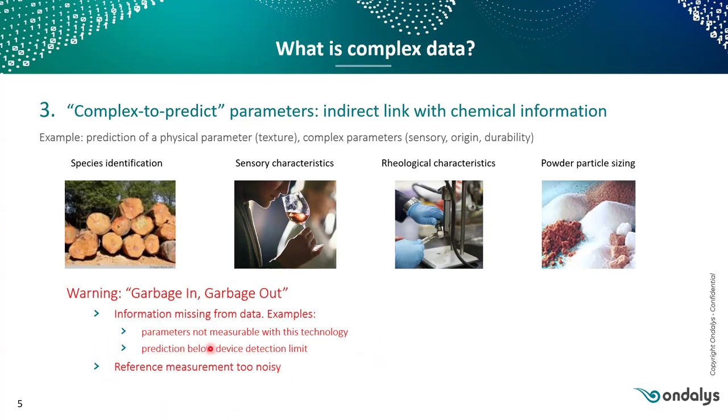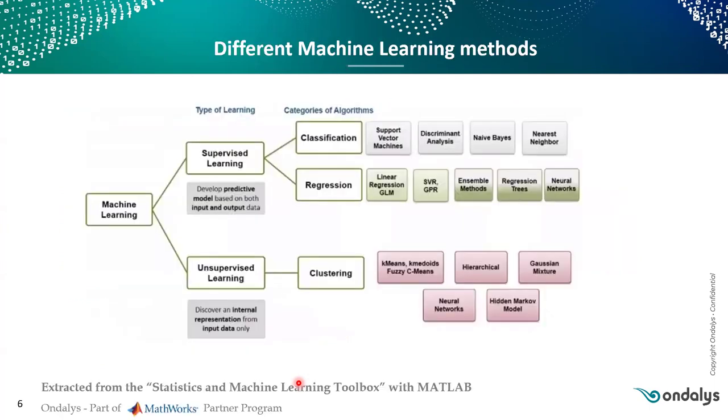And also, unfortunately, if your reference measurement that is giving you the known values of the response to train your model is too noisy, you will not reach good performance with your model, even with a more advanced machine learning model. So with that being said, we will see different kinds of machine learning methods that can help us to tackle this